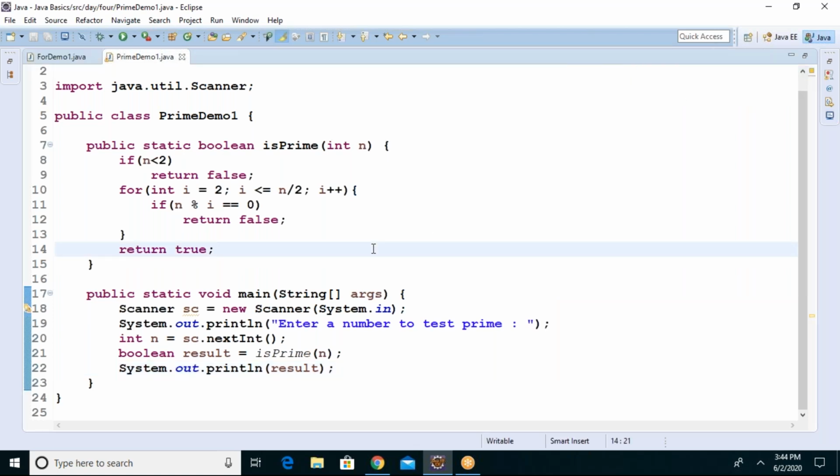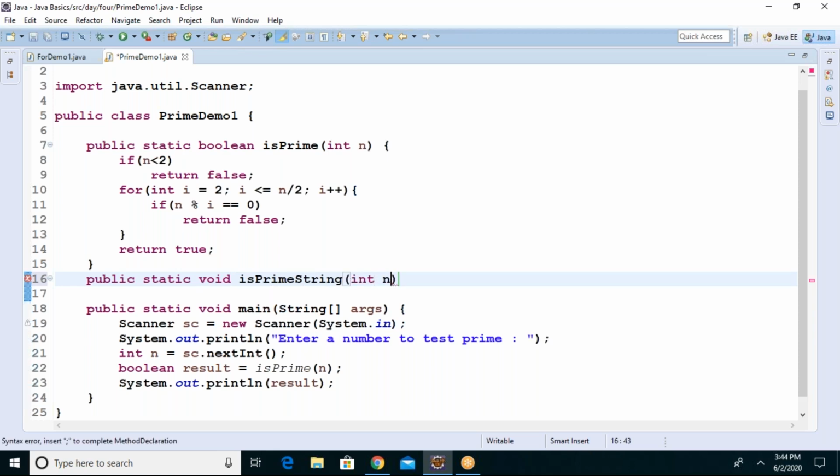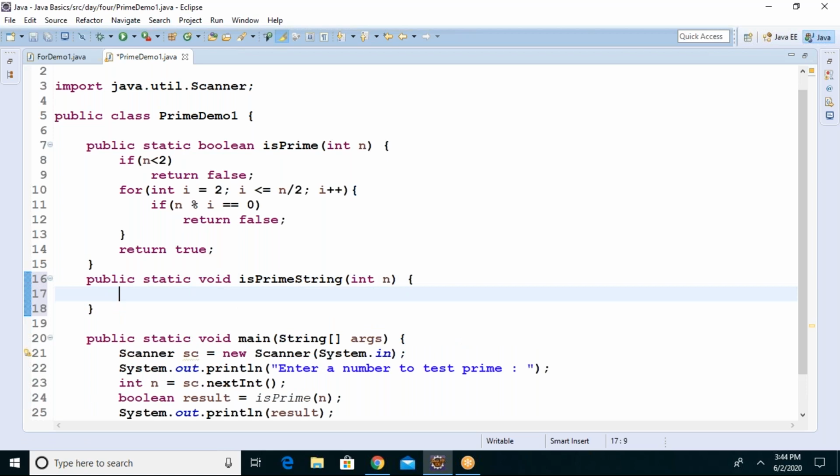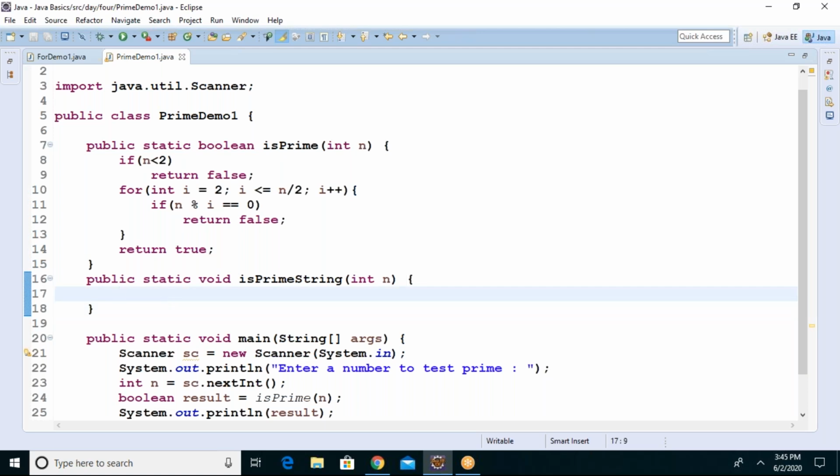Now, rather than true or false exactly, what should I do? I can do one thing. I write some other method: public static String isPrimeString(int n). In this method, I am calling the other method, for example. What is the job of that method? It will tell me true or false.